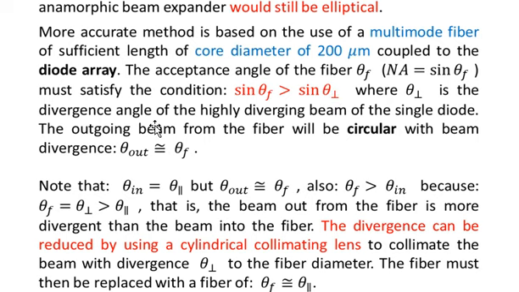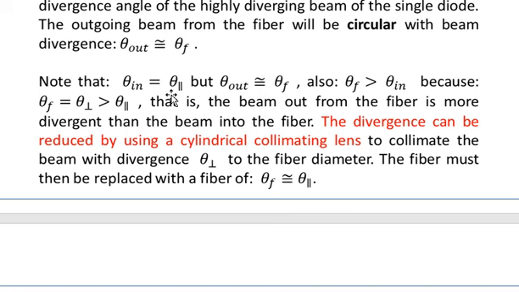Note that theta in is equal to theta parallel. If you address only the parallel beam, you know that the parallel beam has a theta in into the fiber. Theta in is equal to theta parallel, but theta out is equal to theta f. That is, the divergence of the theta parallel has increased, so that the two beams have the same diameter. Also, you know that theta f is greater than theta in,